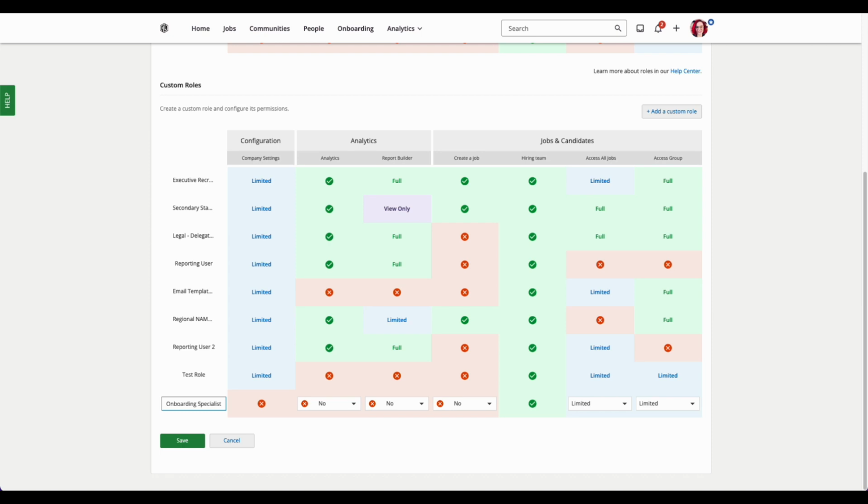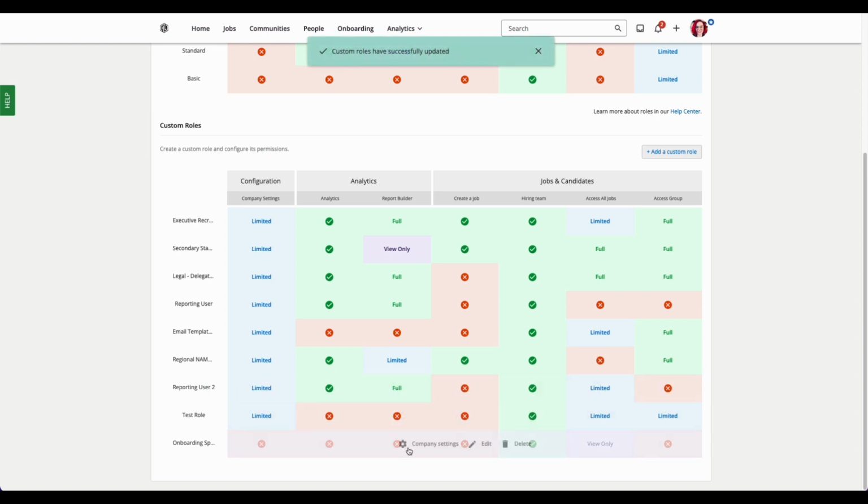For now, I'm going to restrict this role's access to analytics and the ability to create jobs. And I will allow view-only permission for jobs and no access within an access group. Remember that although this is how I am limiting my onboarding role, you can give your onboarding role whatever permissions work for your organization. Now I'm going to save this role,